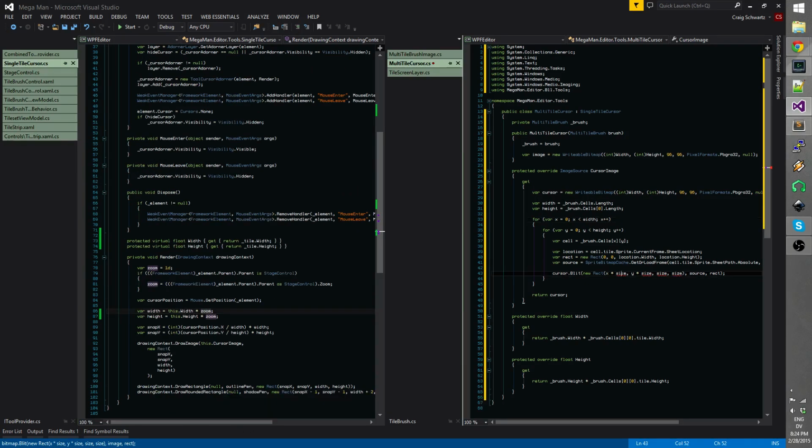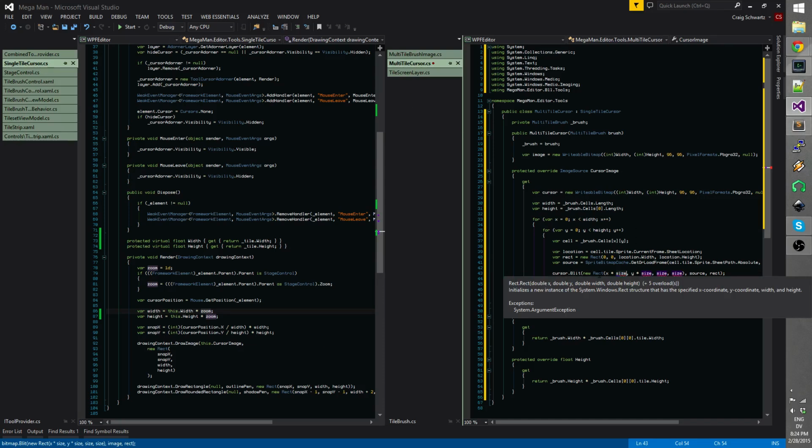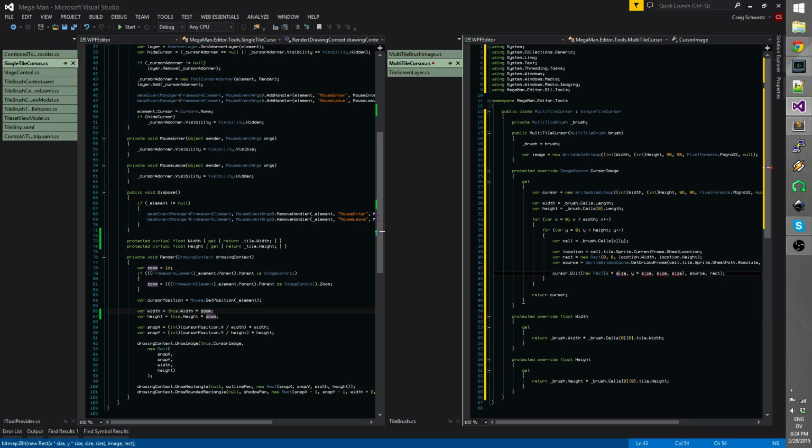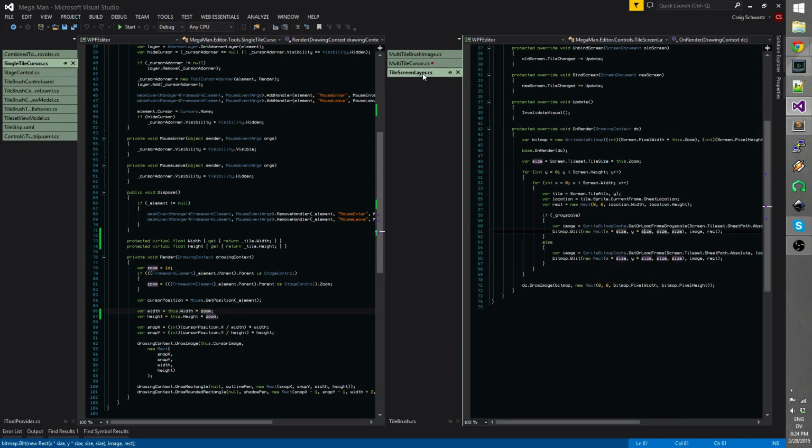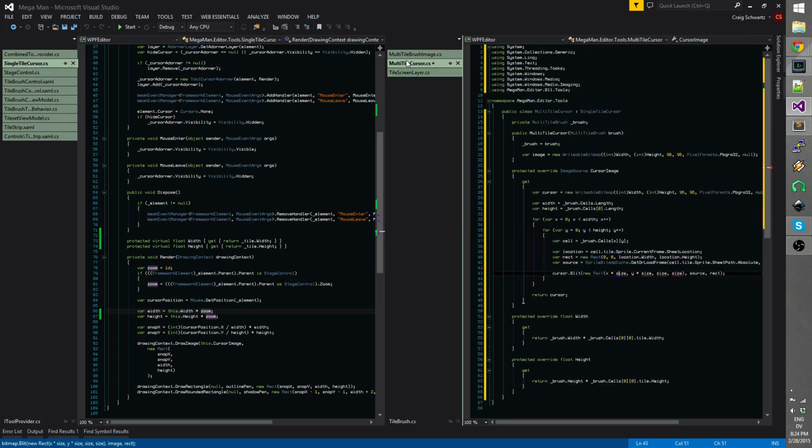Nah, I don't have to worry about zoom. Something else does. This render method does. Okay, so this is the destination rectangle, and it is... I forgot already. Tile size, which in this case just means